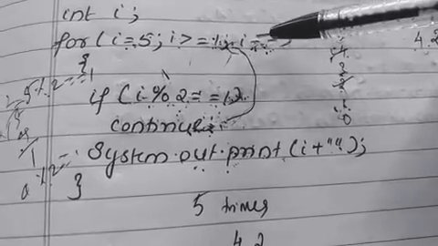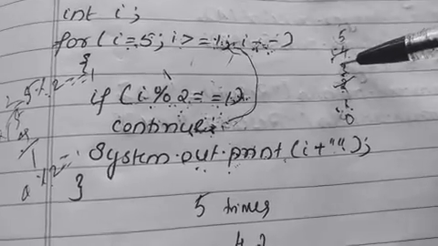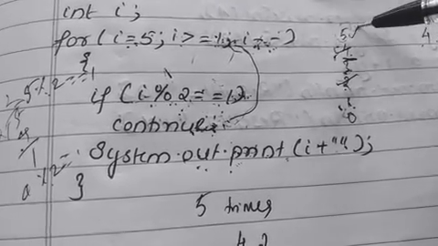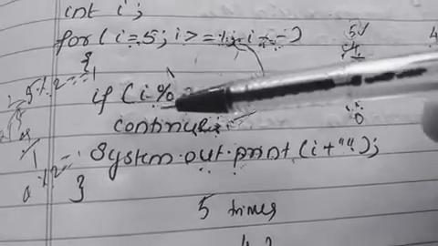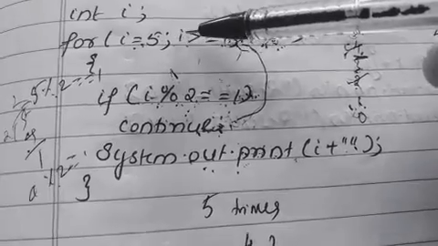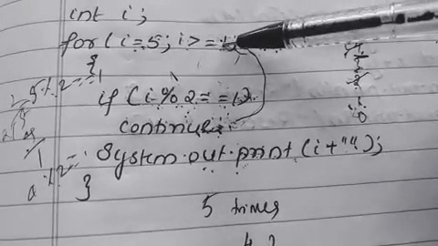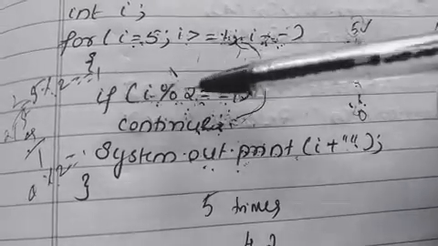We go to the for loop. What happens? The value of I will be decremented. Now the value of I becomes 4. So with this value of I, we come to this. We will check the condition, that is 4 greater than or equal to 1. Is it true? Yes. So we will come inside the for loop and we will execute this statement.